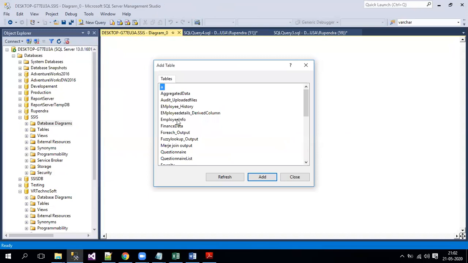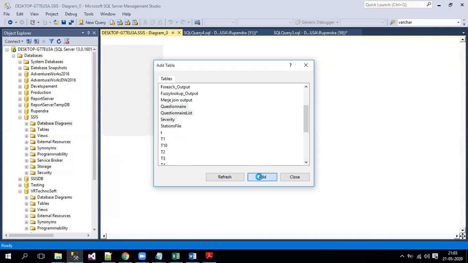Now there are many tables over here. This is my user defined database, and I'll select the required tables I need. We require the questionnaire list, the user tables, the user attempts, topics, and one more, severity.